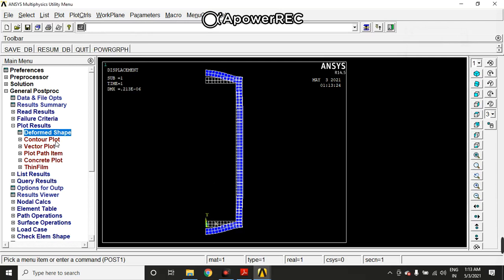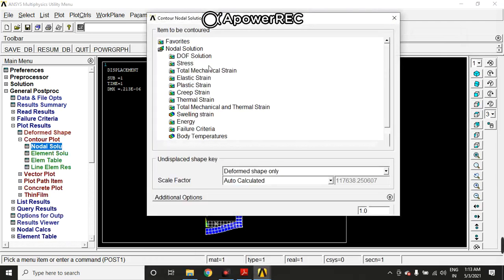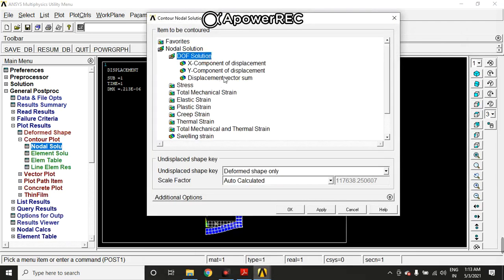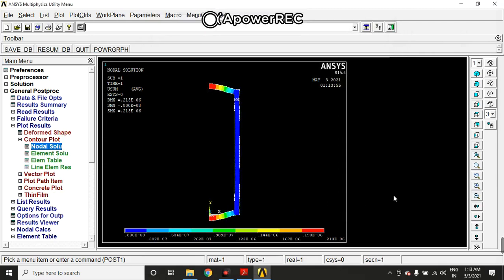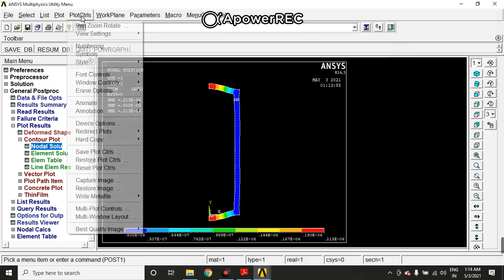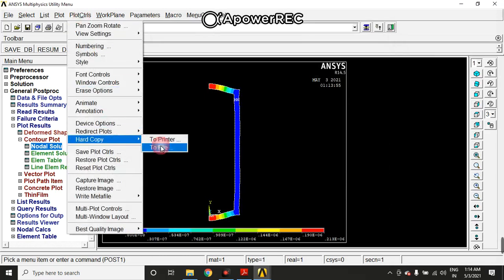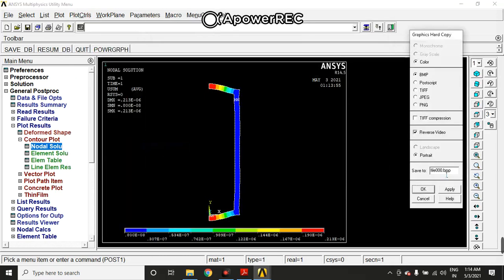Now to see the contour plots, we'll go to the plot results, contour plots, nodal solution, DOF solution, displacement vector sum, click on OK. So this is the contour plot for the deformation. We'll save this: plot control, hard copy to file, enter a file name as 005, click on OK.